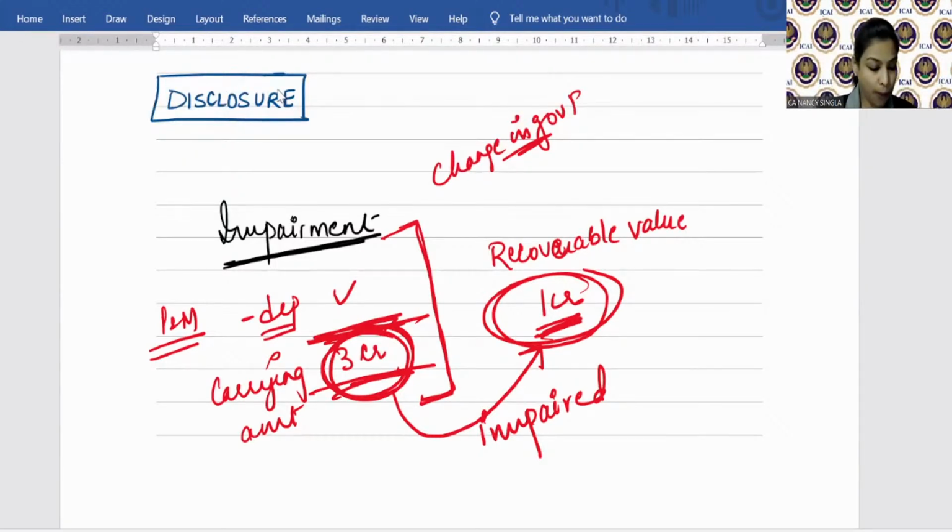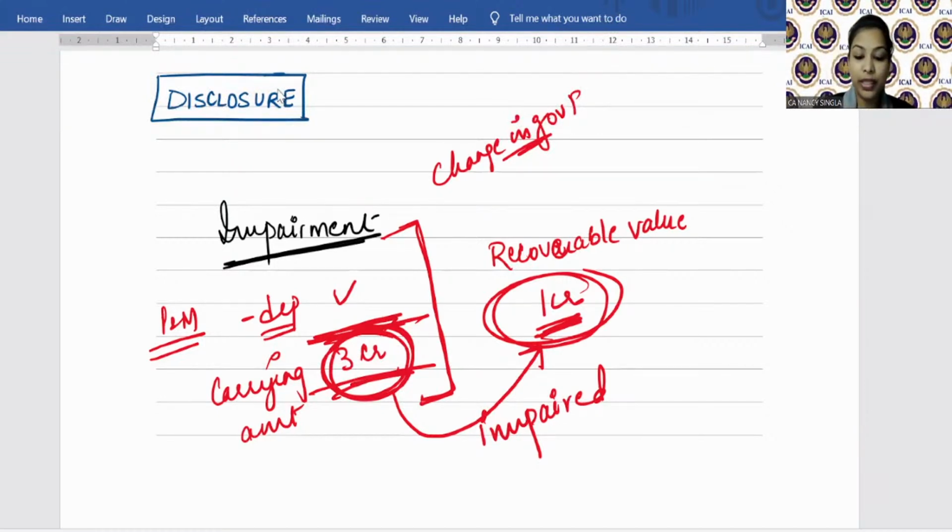Is it clear? So when there is a drastic reduction in the recoverable amount of a fixed asset, it may occur when there is a change in legal or economic circumstances surrounding the company. है ना? So impairment. The company will do impairment. The procedure that needs to be followed when there is a reduction in the value of the asset so as to ensure that the carrying amount of the asset does not exceed the recoverable amount of the asset. Clear? Is it clear? Okay.